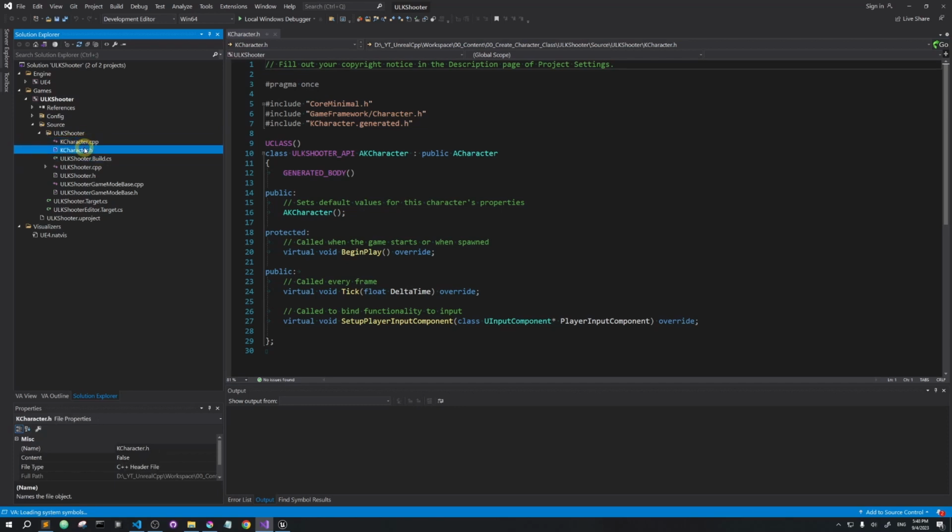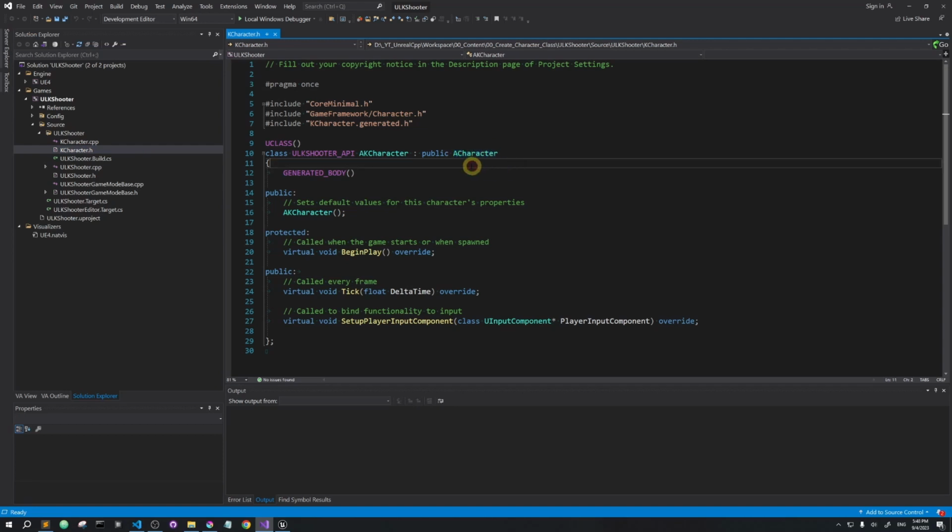shown here. Right now we are seeing KCharacter.h and you can see we inherit from Character. And you may ask why there's a capital A here. This A means this class inherits from the Actor class, so you put A before your class name. This is the rule from Unreal. Okay, and so the next step we want to do is